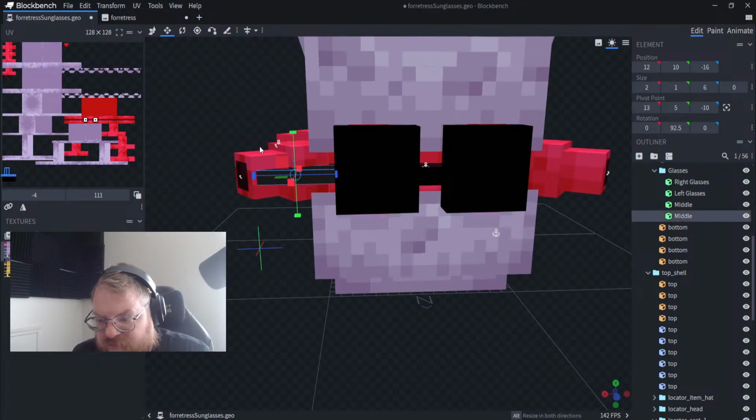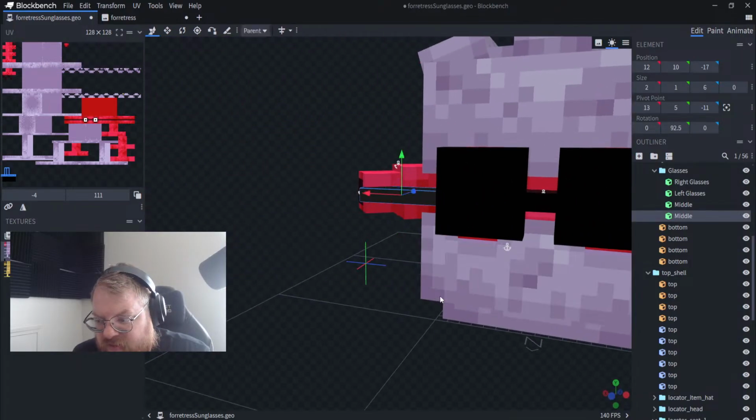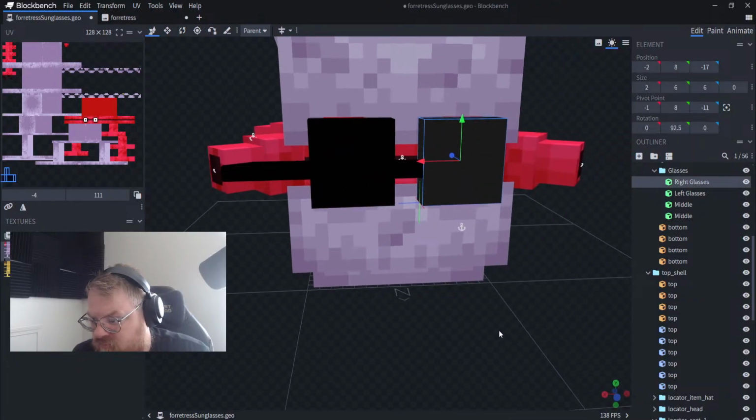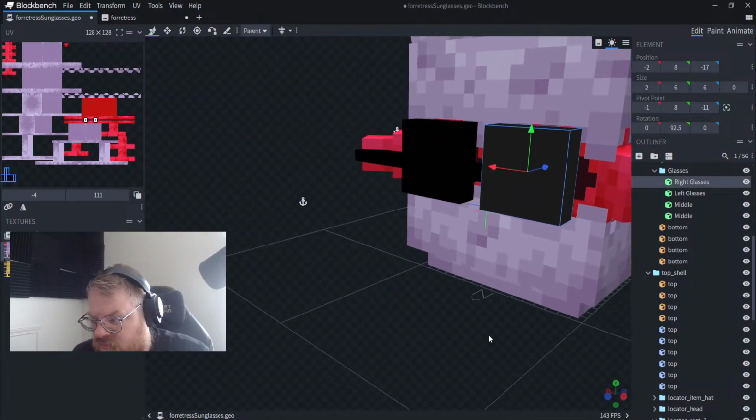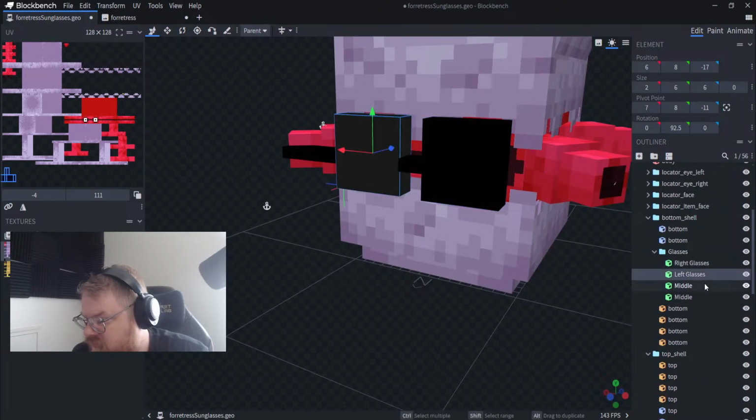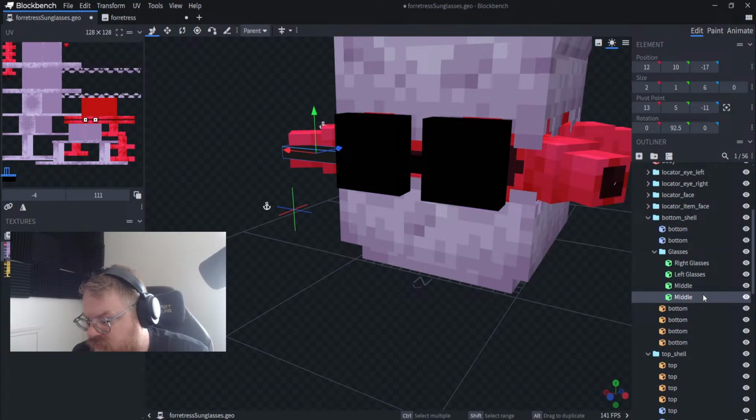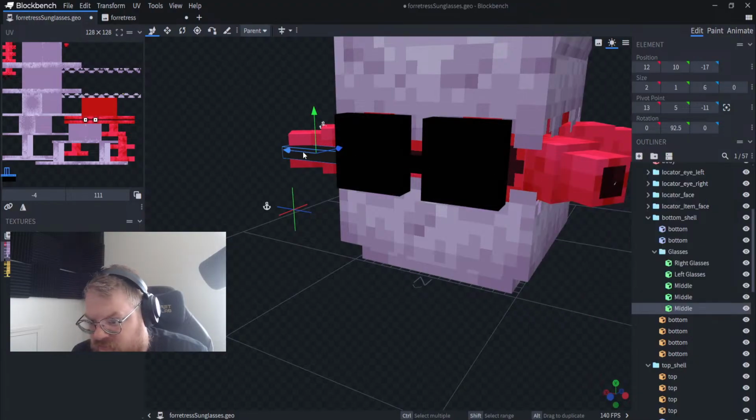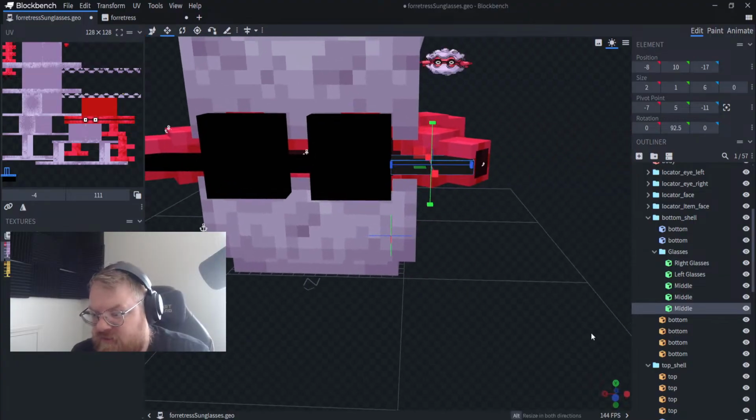Let me try moving them out just to block. Maybe it's just clipping. What happened to my right end? Oh, that's weird. It went away. I don't know why. All right, let's try that. Let's see if that